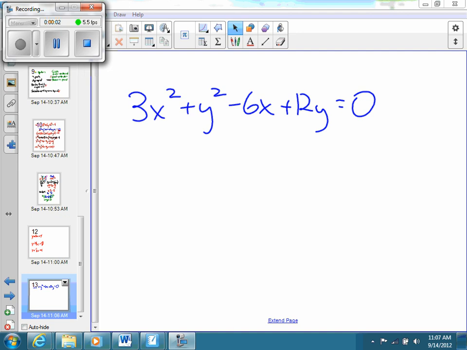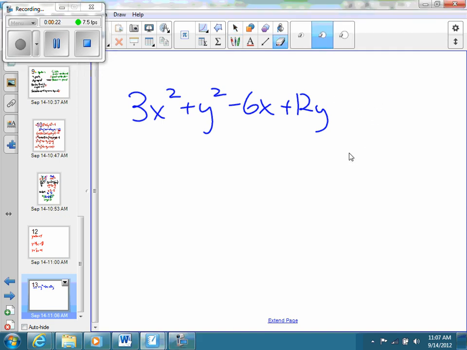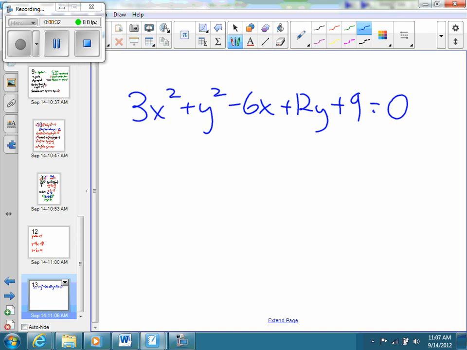All right, so we're going to go here from the, well, this is kind of like the general form of an equation of a circle, but it actually makes it equal to 0. So that's okay if it's equal to 0. I mean, if I had, let's put an integer here. Why not? You know, let's make it plus 9 equals 0. Okay, that's a little bit more complicated general form, not that much. Okay. So